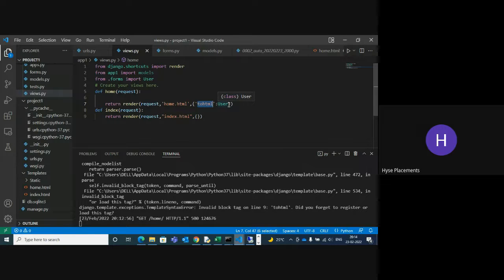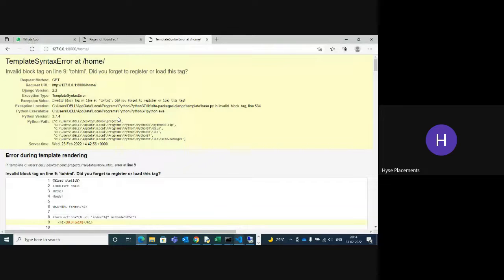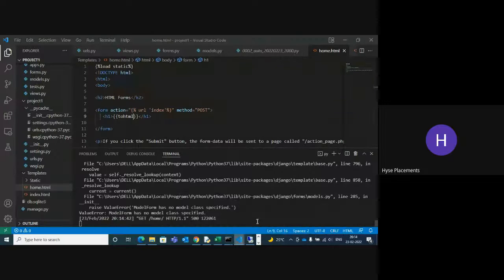Model of publisher, okay, it's right. But it is showing an error. Why? I'm giving it correctly, but what happened? I don't know. Let me check the error. What is the error it is showing? The model form has a model class.